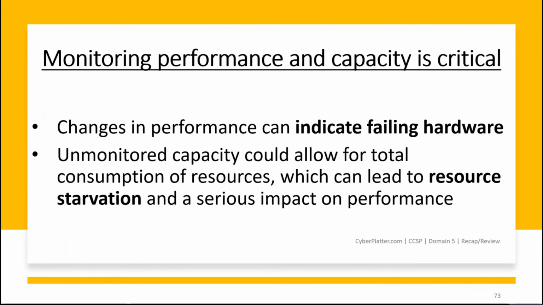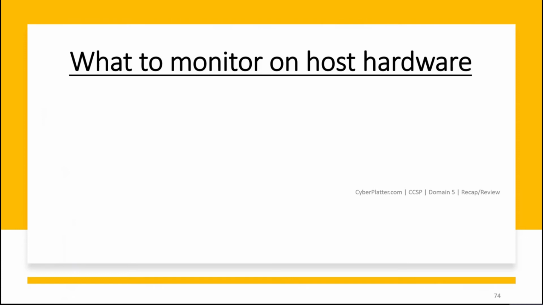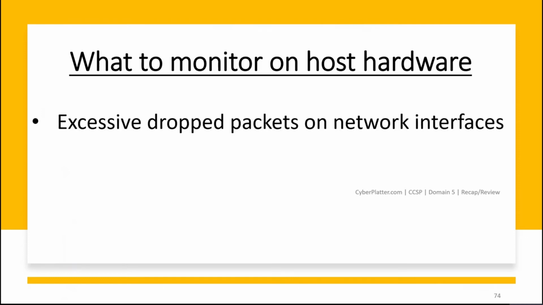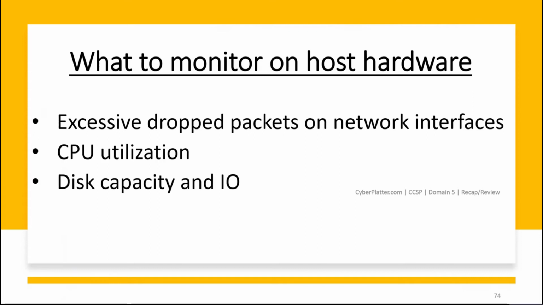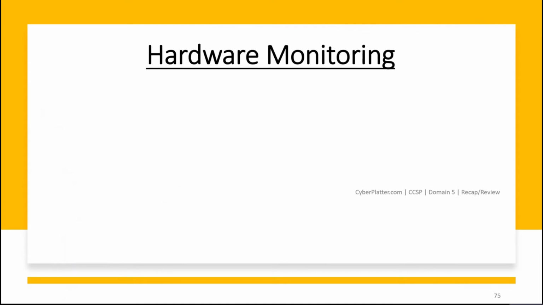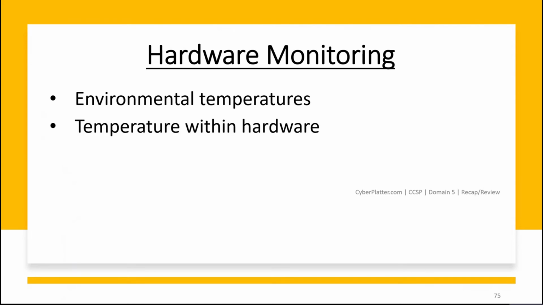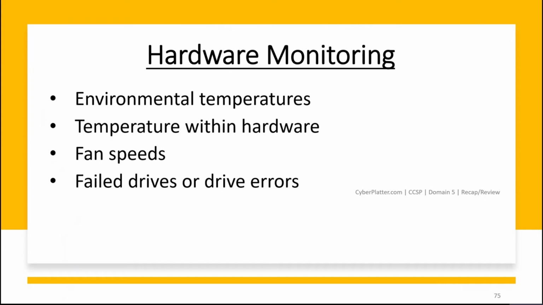Monitoring performance and capacity is critical. Changes in performance can indicate failing hardware. Unmonitored capacity could allow for total consumption of resources, which can lead to resource starvation and a serious impact on performance. What to monitor on host hardware? Excessive dropped packets on network interfaces, CPU utilization, disk capacity and I/O, memory utilization, hardware monitoring, environmental temperatures, temperature within hardware, fan speeds, failed drives or drive errors,